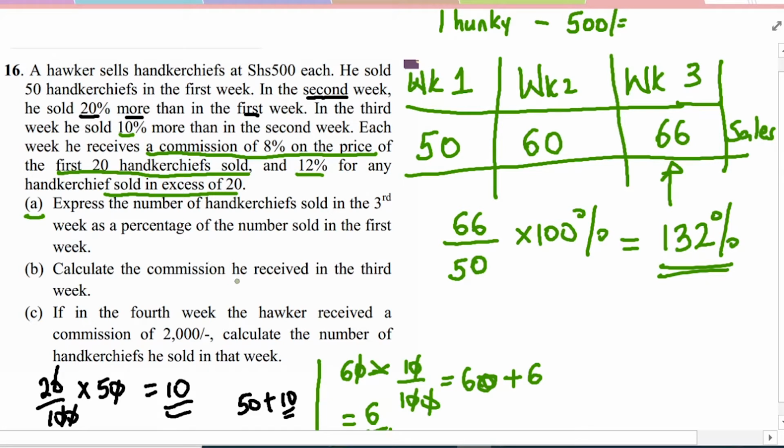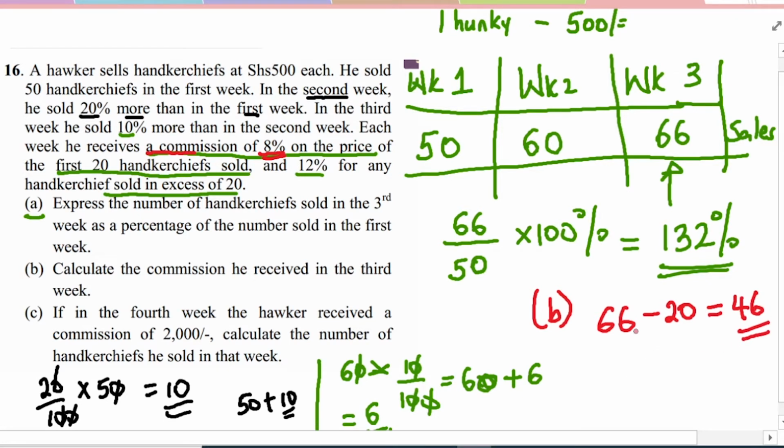Part B, calculate the commission he received in the third week. So part B, commission received in the third week. Now remember, in the third week, he sold 66 hankies. And remember, each hanky is 500 shillings. According to the rules, he receives a commission of 8% on the price of the first 20 handkerchiefs. So let's first subtract the 20 handkerchiefs. How many handkerchiefs are remaining after 20? You're going to remain with 46